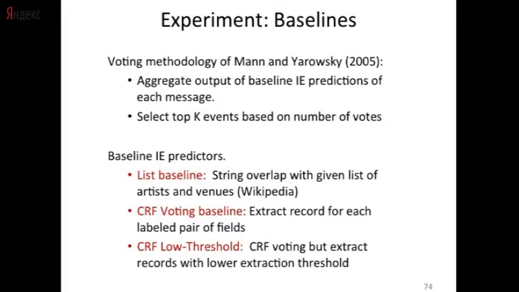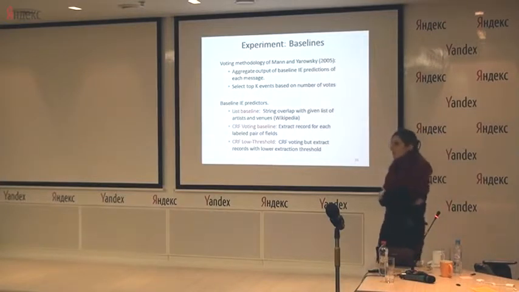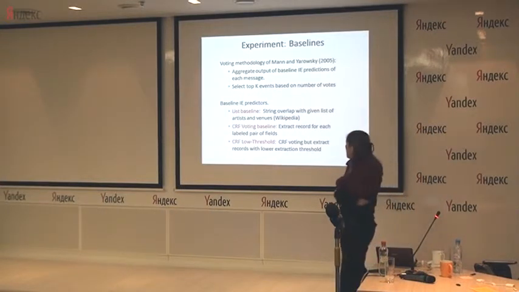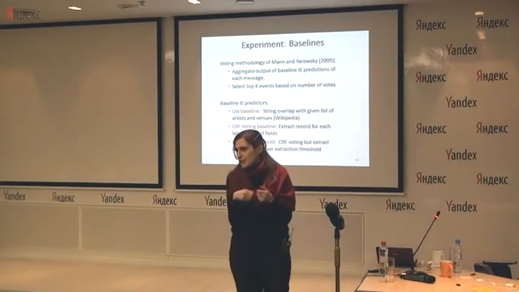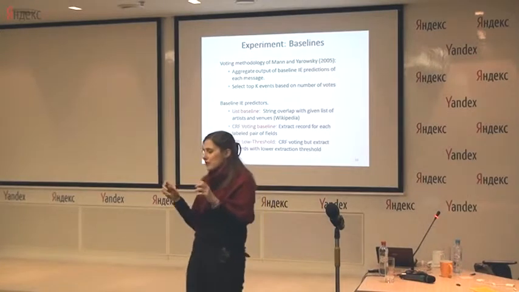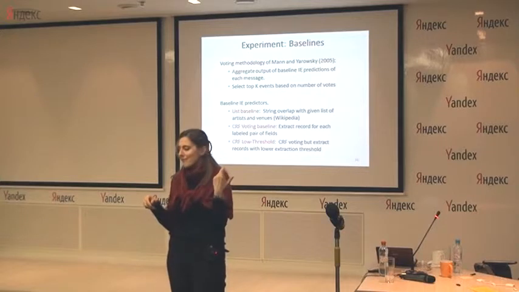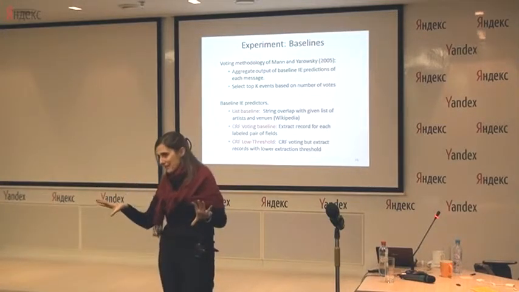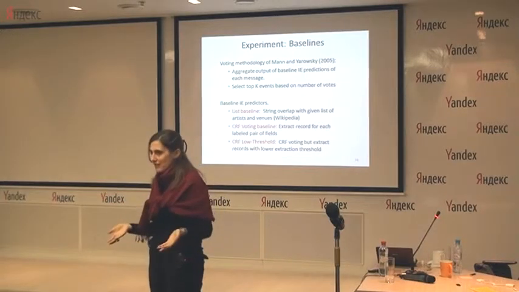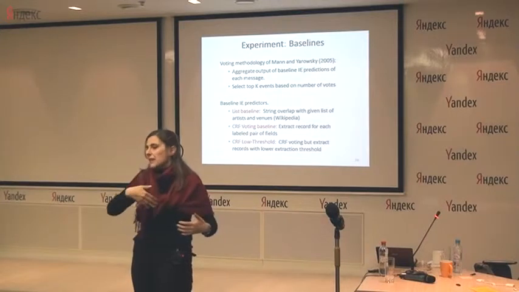And the baseline, the closest to us, which comes from the information extraction community, is to do the following. You separately go and you annotate each event. For each document, each tweet, you predict the artist and the venue. So you do this extraction separately, and then you just do the voting. You say, if I put them all together, I am going to create a record if many of these records